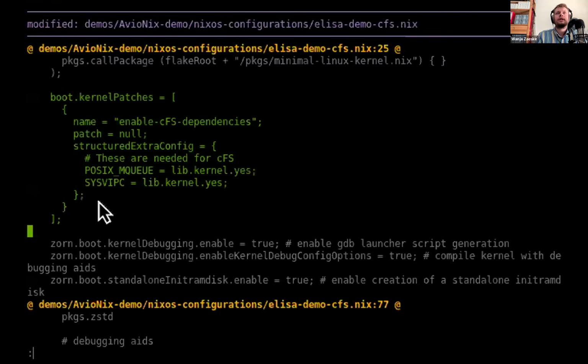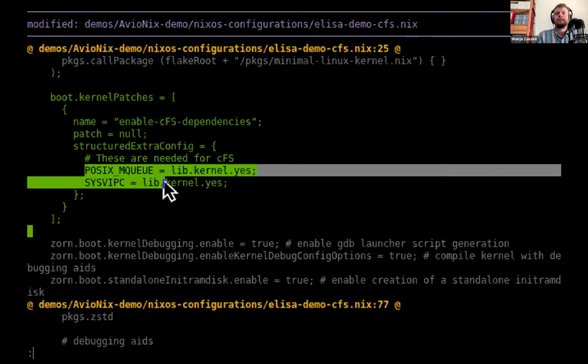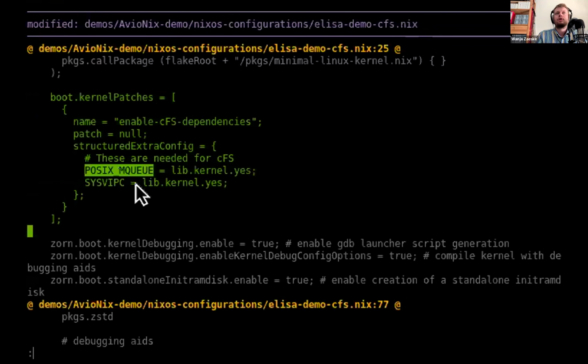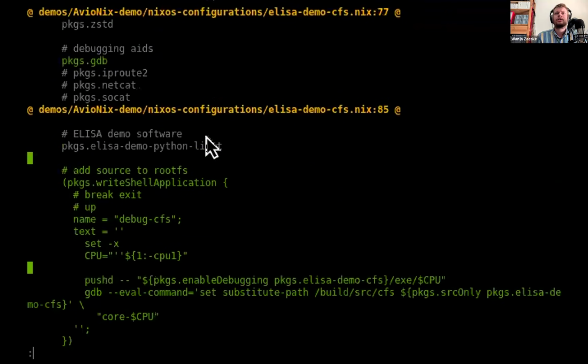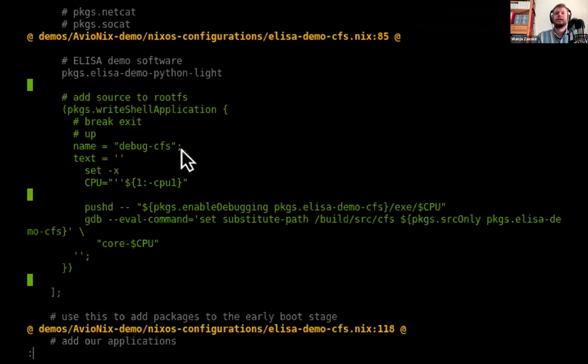with the staged changes, then we can see that we had to insert a kernel patch which enables two more kernel configuration options, the SYSVIPC one and POSIX_MQ. POSIX_MQ, same story for finding it. If you go through debugging, you find that at some point CFS tries to start a POSIX message queue, and the syscall fails, so it exits with 1. And then what we can do from this is change the configuration of the kernel to have these things available. The rest of the changes here are just a different version of what we had earlier, so adding GDB, etc.